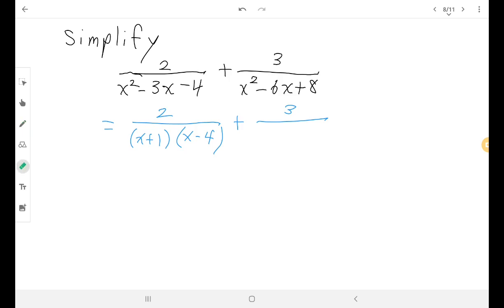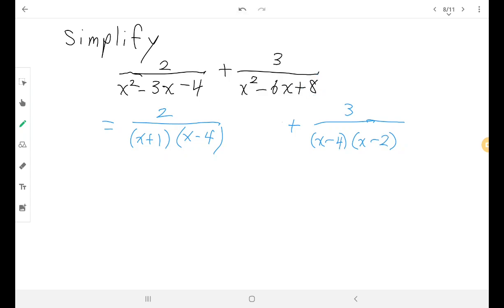And, oh, let me make a little more room there, because I'm going to have to do some multiplication. So plus 3 over, try and factor this one. And remember, you're always trying to factor. You're always hoping these will factor. To make x squared, I need x times x. Plus here means they're both that. So minus and minus. And so two things that multiply to make 8 and add to make 6 are 4